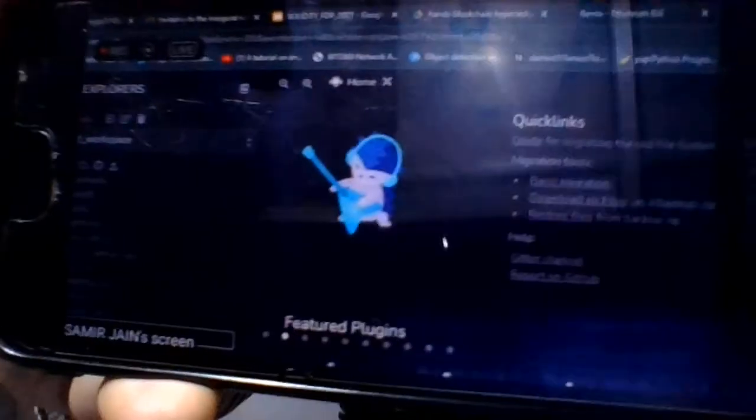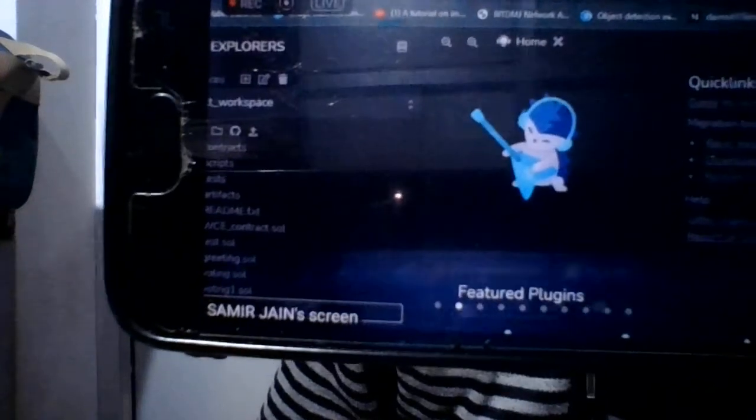Now what you have to do, you have to click on this drop down. Now you'll be able to see, you should be in the home tab. There are two kinds of tabs right now on my screen: the Chrome tabs, these, and this Remix tab. I'm talking about the Remix tab. In this Remix tab, this is the home screen, and in this home tab, you have to press on new file. Whenever you click on new file, at the left you will find one option where you can add text. So you have to name the file. Suppose I want to make a file like abc.sol. You just have to type abc over here.